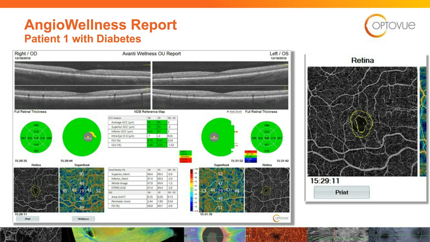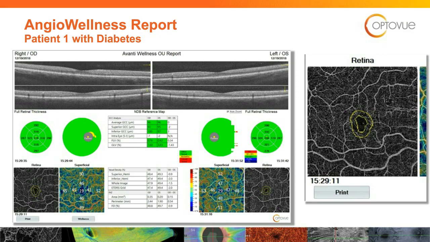And if you just look at that, I don't have access to a pointer on the webinar, but if you look at the retina picture that I have on the right-hand side of the screen, and if you just go outside those 2 circles, go over to the right about a half an inch, and then up about a half an inch, there's a little bit of a dropout. There's capillary dropout, and if you look around this retina, you'll see other areas of capillary dropout. So this diabetes is a little bit more advanced